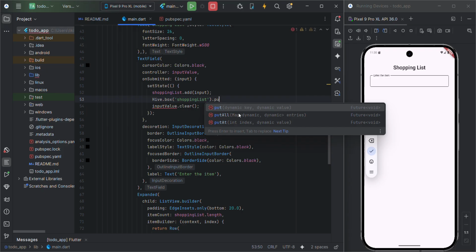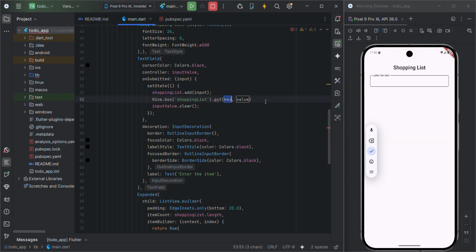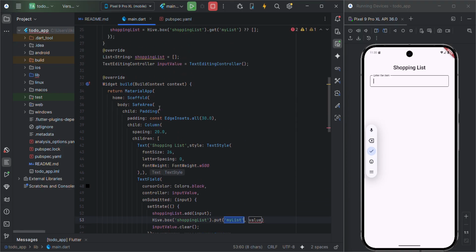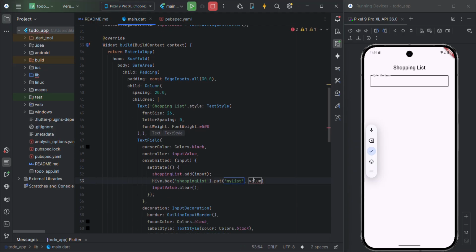We just have to do put, which has two values to be added. One is the key, which is nothing but my list that I have created, and the other is the value to put. The value is nothing but the shopping list that I want entered in the list. Okay,